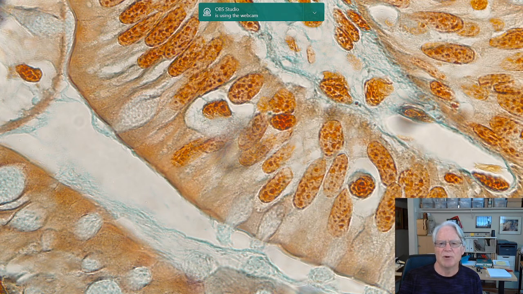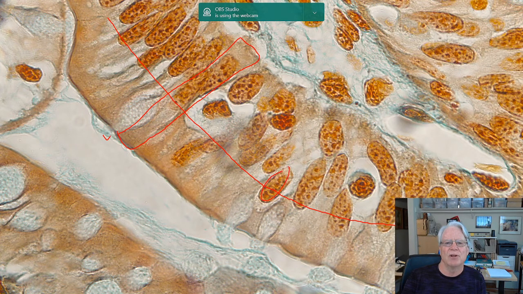Again, a little more difficult here to actually pick out a cell and outline it. If I were to do that, it would probably be something like this. But it doesn't matter, does it? Because I get this pattern. Here's the edge of the nuclei. Here's the shape, elongated oval. Here's the basal surface. And we get all this space right here before we get to the outer edge